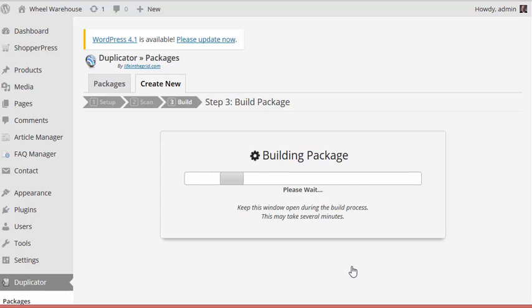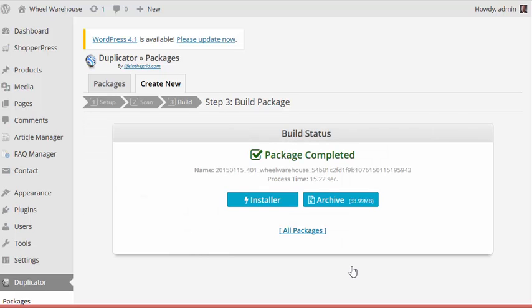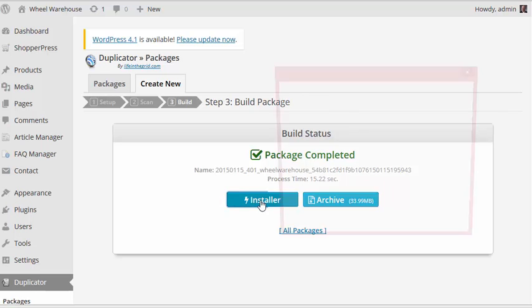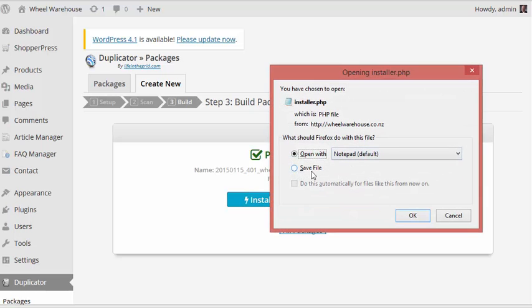Takes just a few moments for this information to build. Shouldn't take long at all. And this way I will have a backup of this site. It completed, showed 15 seconds that it took. So now I'm going to click on Installer right here, and I'm going to save this,